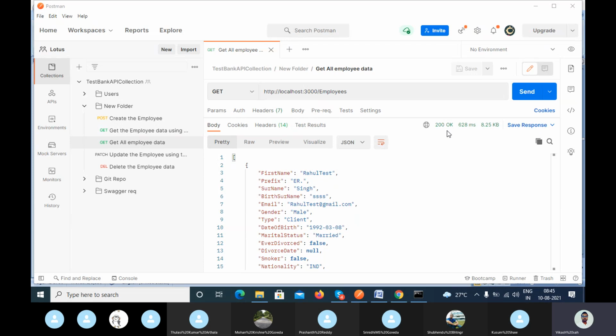So the client also has to use 200, not 400, not 500. We have to use the status code according to the definition, according to the protocol. The protocol says whenever you fetch the data, you will get 200. Same thing you will get from the requirement also.